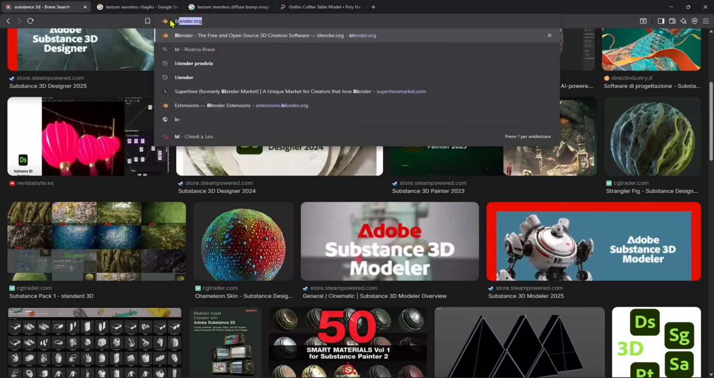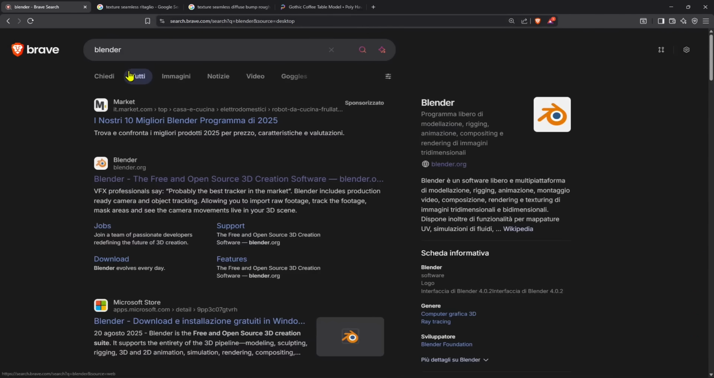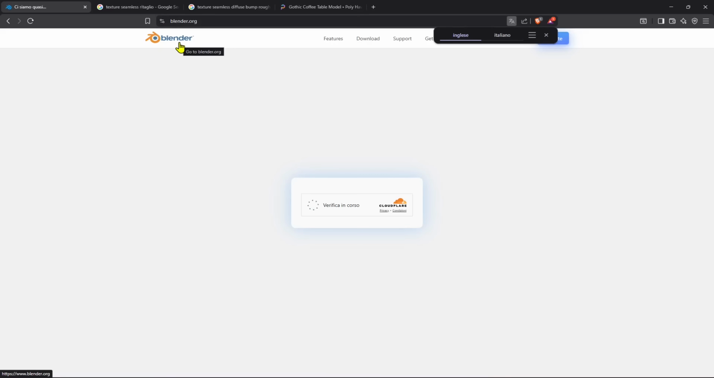So Blender has all the tools you may need to have more advanced materials, more advanced rendering, more advanced lighting, and of course also the other 3D software that you usually find